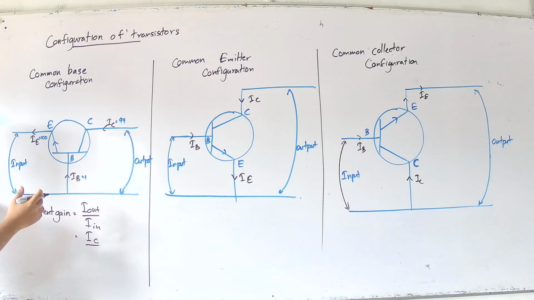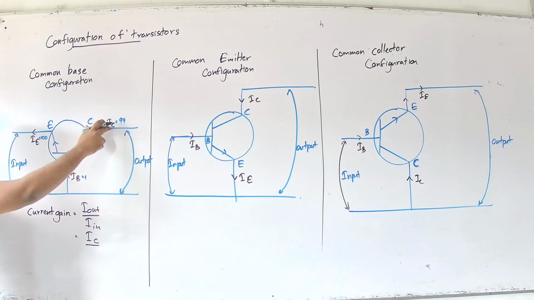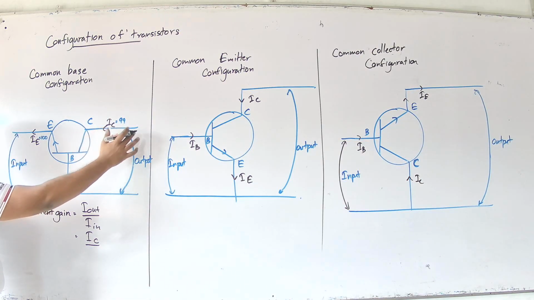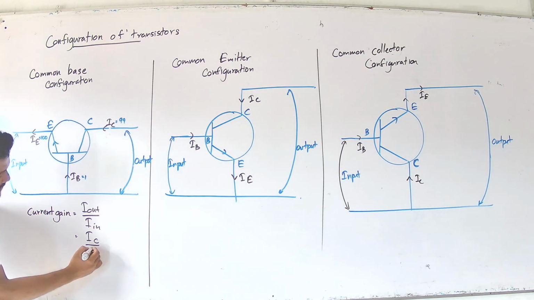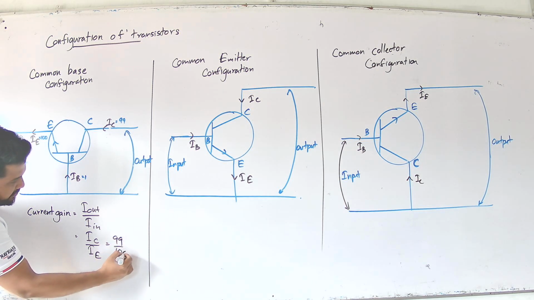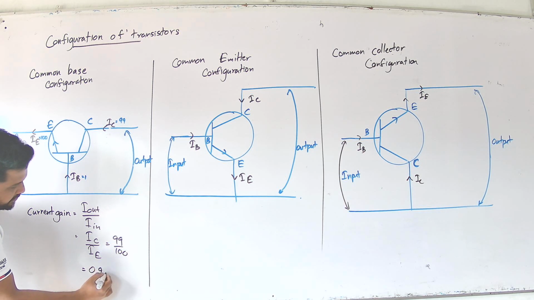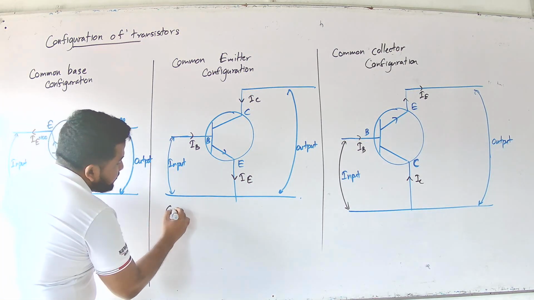We are using it as the amplifier. Output is this one, input is this one, not the current, right? The current of the outside one is the IC, right? So IC over IE, it has 99 over 100, 0.99, right? So we are taking alpha as 0.99, right? So the current gain of this one,